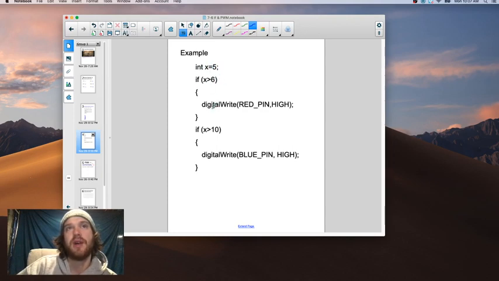It is not, so that will be off. It's not going to turn this on. Is 5 greater than 10? It is not, so that will be off. So this program will not turn either of the LEDs on. Okay,